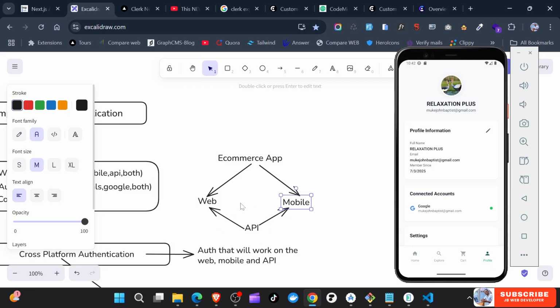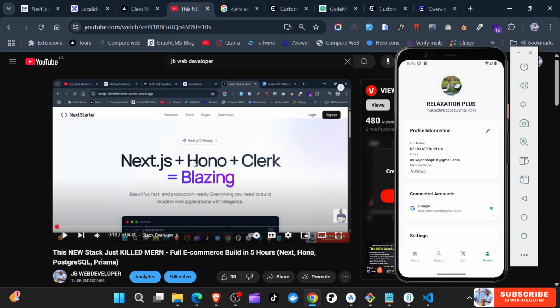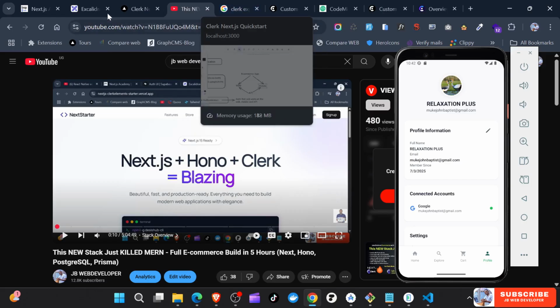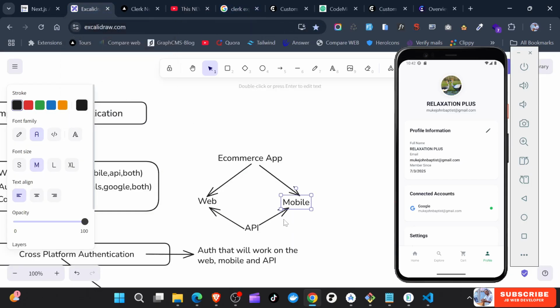And then one thing that you can do is authenticate the web, the API, and the mobile app. Previously in this video, we did the web and the API. We built the API and also authenticated it, and also the web. So in today's video, we're trying to integrate Clerk Authentication in the mobile app